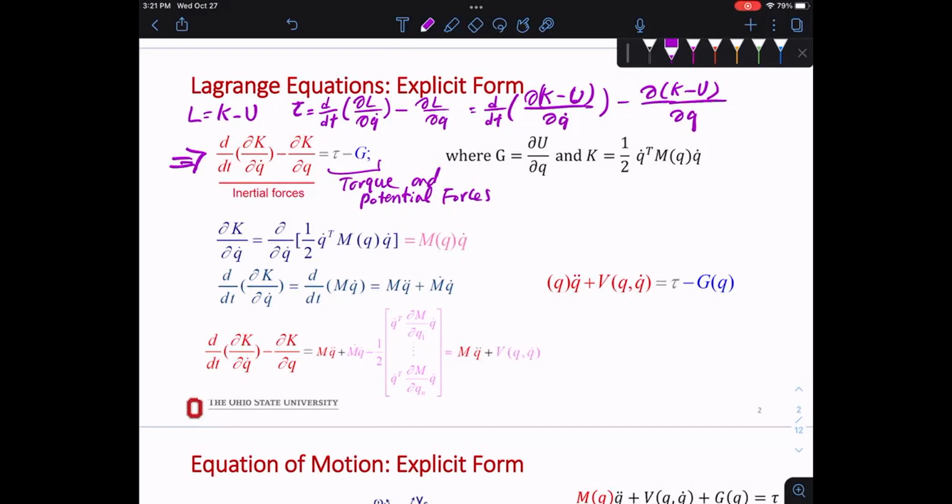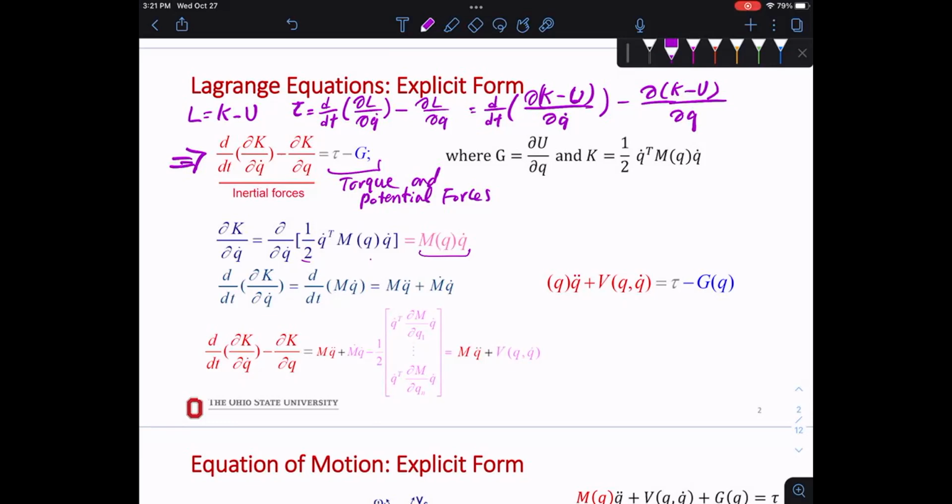It's the same as 1/2 mv squared, but when you write it in matrix form, you have to write it this way. Now, if we get the partial derivative of K with respect to q dot, the 2 and the 1/2 cancel each other, and you end up with